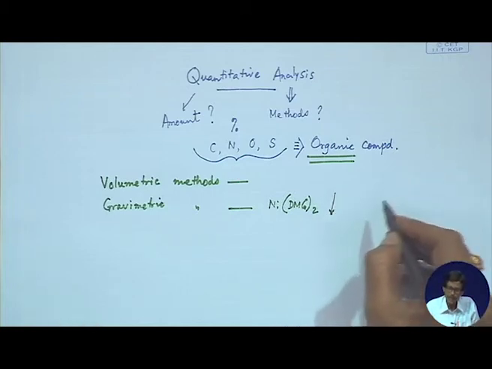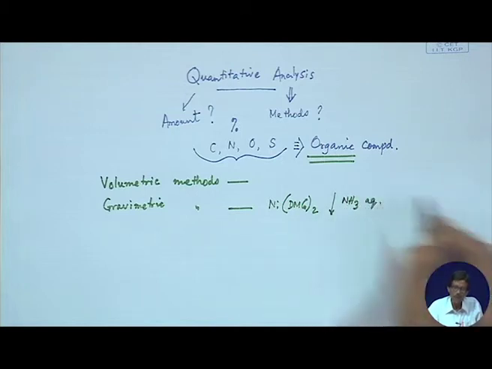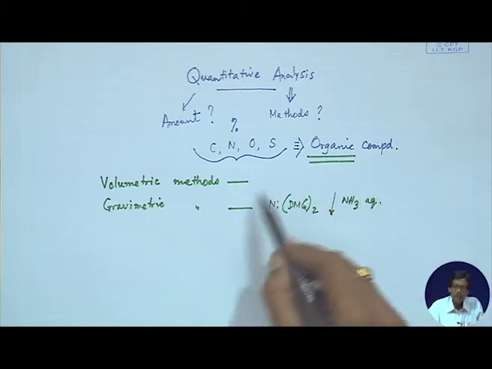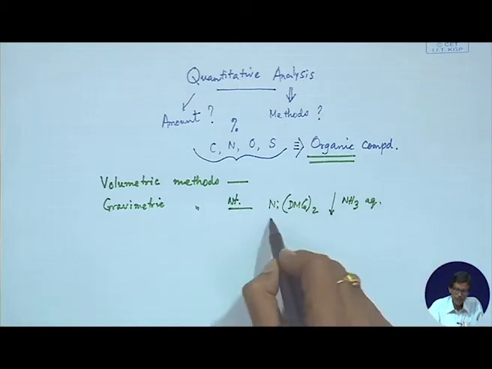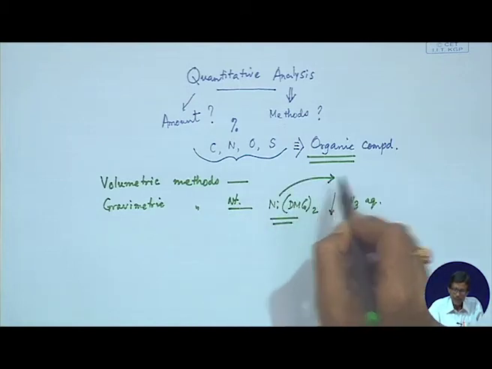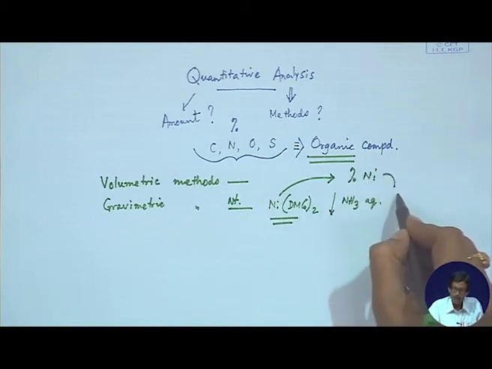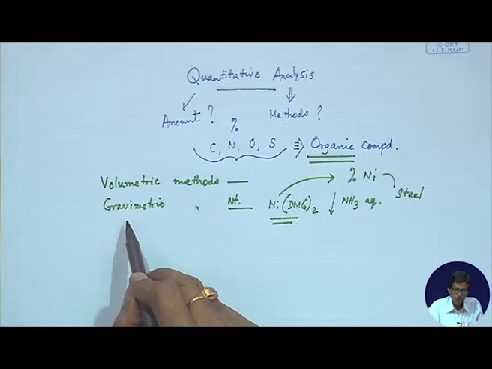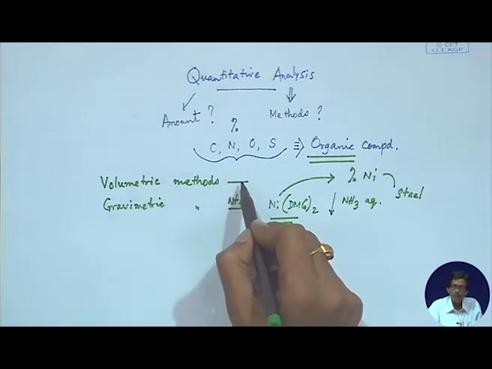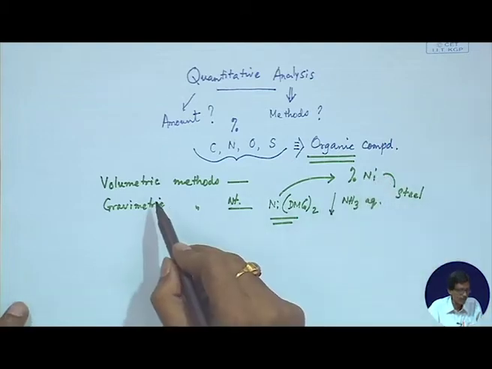an aqueous medium, in ammoniacal aqueous medium, because aqueous ammonia solution we have to add. So, nickel DMG will be precipitated, and we take the weight. So, the weight of this nickel DMG precipitate can tell us about the corresponding percentage of nickel in the unknown sample, which is our steel sample or any stainless steel sample. So, when we talk about the weight, when we talk about the volume of something which is directly proportional to the unknown concentration of nickel, we get the volumetric analysis.